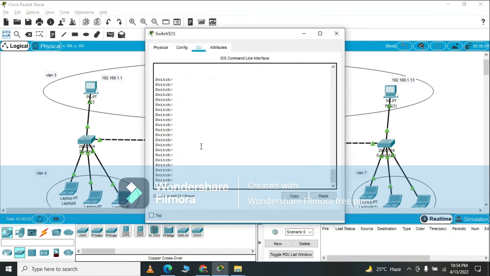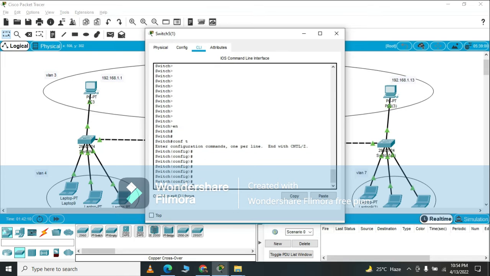Now it's done for the first switch. For the second switch: enable, configure terminal, VLAN 3 for the admin and VLAN 5 for employees 2,